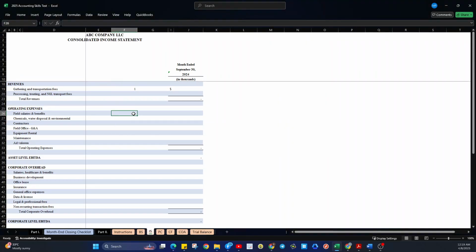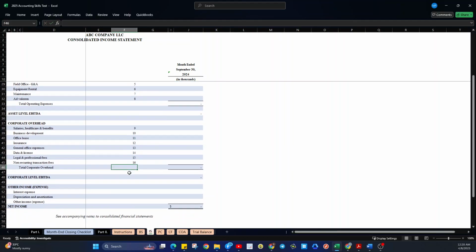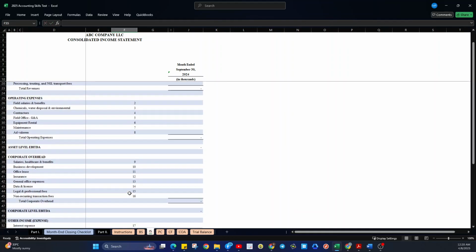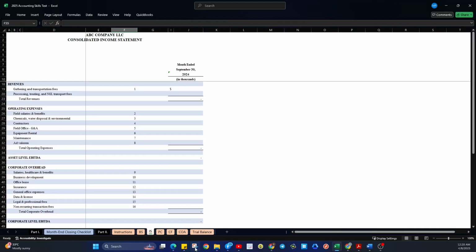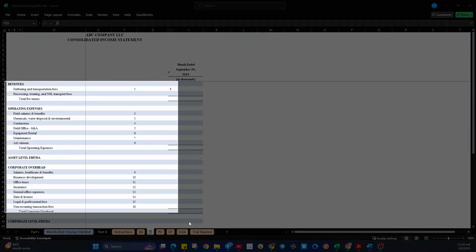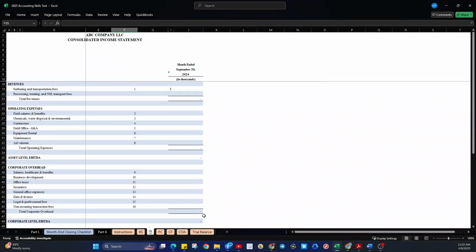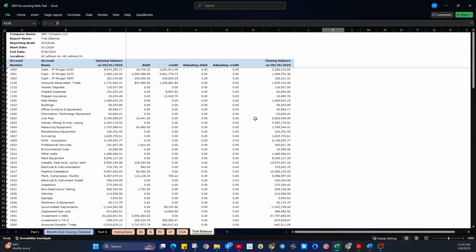Let's put here 2, 3. We'll use the numbers later on. 5, 6, 7, 8, so it will be easier. And then here we have 9, 10, 11, 12, 13, 14, 15, 16, 17, 18, 19. Alright? So it could guide us. Let us get the number. Okay, so we have to put numbering here as a reference.